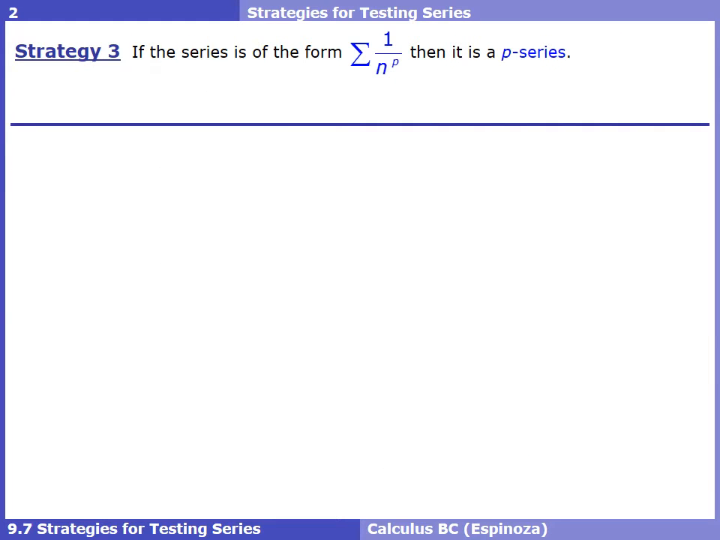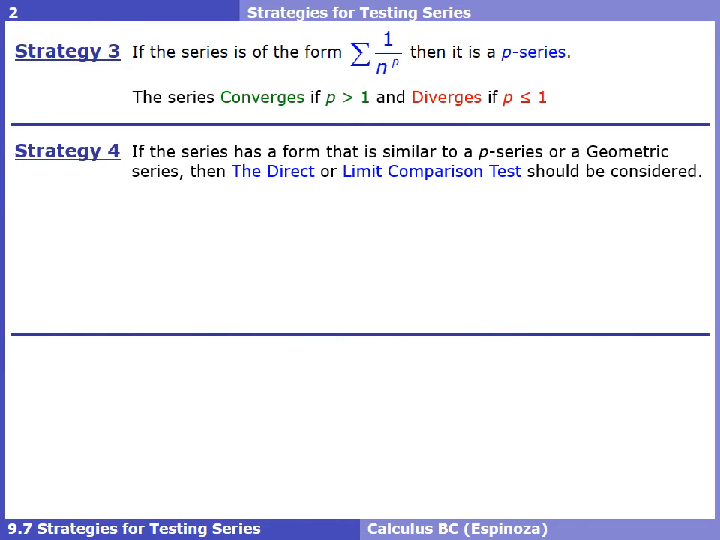Okay, continuing on with these strategies, one of the very basic and luckily most often used is a p-series test. If you ever see a series of this form, or you can get a series to look like this form, then we know that it's a p-series, and if p is bigger than 1, the series converges, and if p is less than or equal to 1, the series diverges. After that,